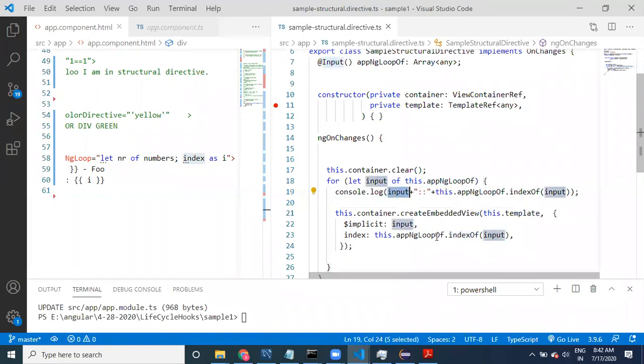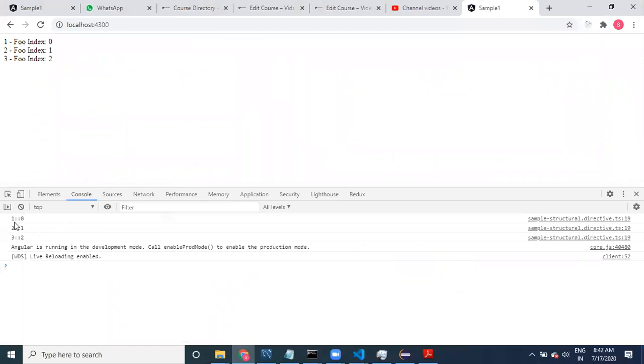So we'll be printing the values. Input is nothing but the value we are assigning to this. Let's print it. Which value is going to be printed? See here, guys, for 1, what is the index? 0. For 2, what is the index? 1. For 3, what is the index? 2.